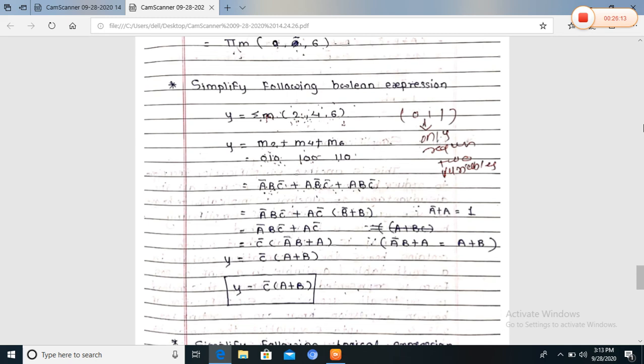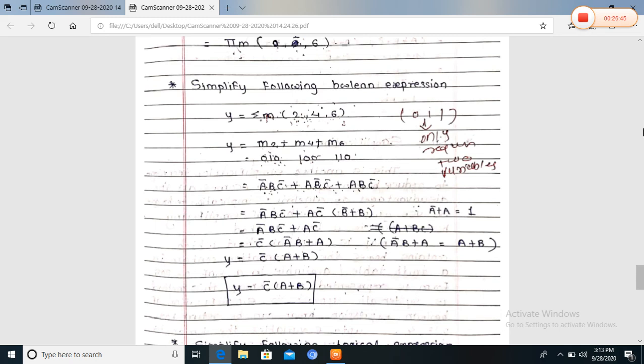So 2 raised to 3. In that expression there are the 3 variables required. If the values are only 0 and 1, that means only 2 values, a range of 0 to 1. So 2 raised to 2 means 4, so only 2 variables are required, that is A and B. But in that expression, 3 variables are required: A, B, C.